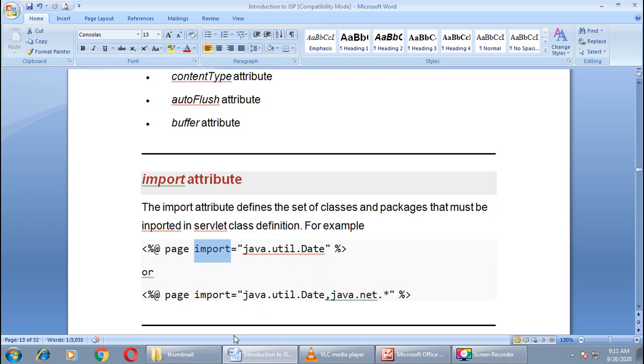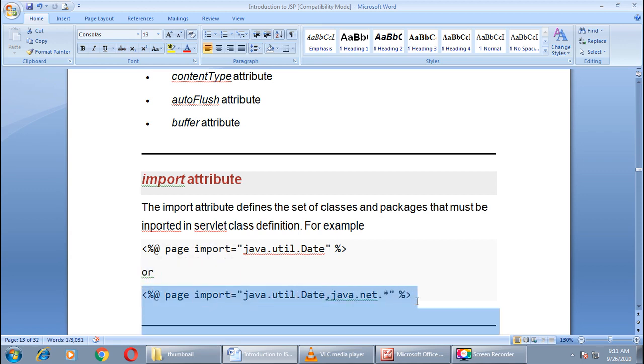The another way is, here you can see the another way. Here we have included two packages, right? You can import two packages separately as well as you can import two packages using a single attribute like this: page, then import equals java.util.Date, the first package, right?